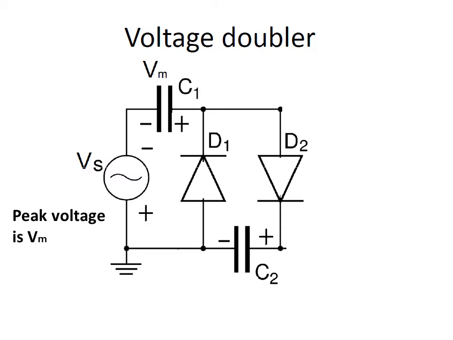During the positive cycle, the top part of the source is positive. That means the positive plate of the source is connected to the negative of C1, so these two sources are in series. The maximum voltage available for charging C2 is Vm plus Vm, the sum of the voltages available from the source and the capacitor C1. That will raise the capacitor C2 to a potential 2 Vm. It is this 2 Vm which we call the doubled output. The voltage doubler output will be measured from the two leads of the capacitor C2.